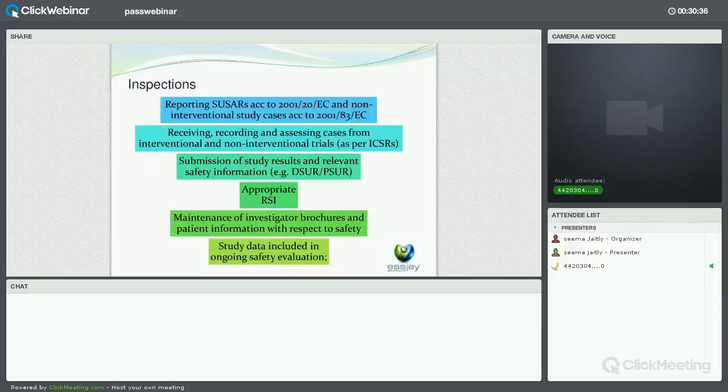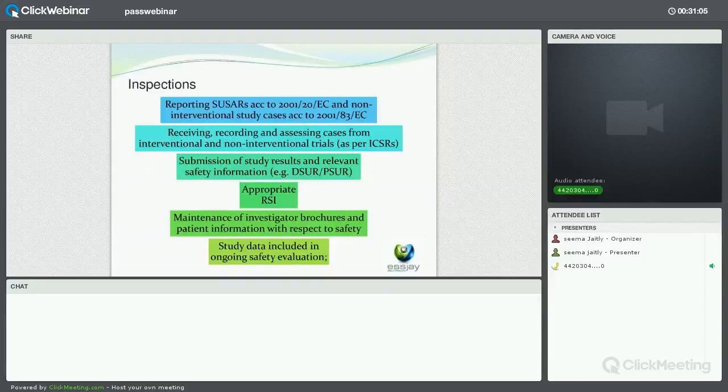My last slide is just on inspections, areas to consider. It's a bit like the quality management side. Make sure you know what study you've got, whether it's interventional or not, and whether you are reporting according to the right regulation. That's absolutely key. Making sure that you are receiving, recording, and assessing those cases appropriately. Those cases will be considered solicited cases, and they will need to have causality assessment performed, and that needs to